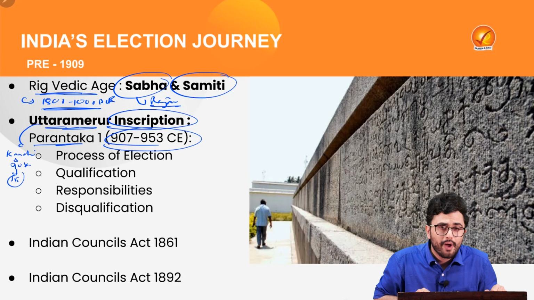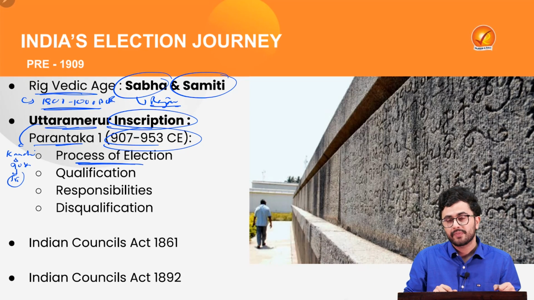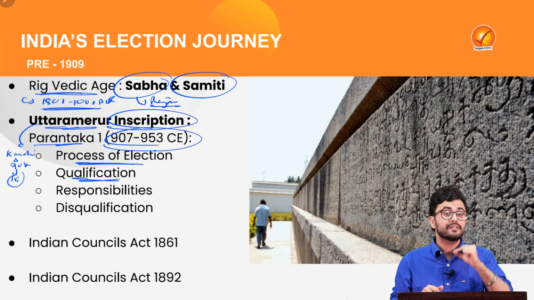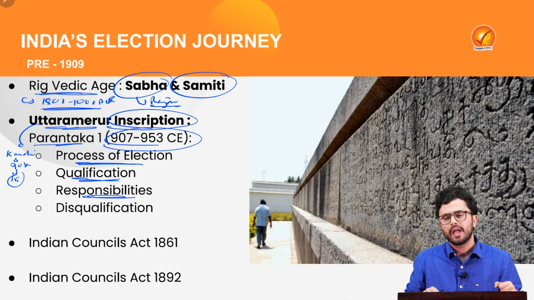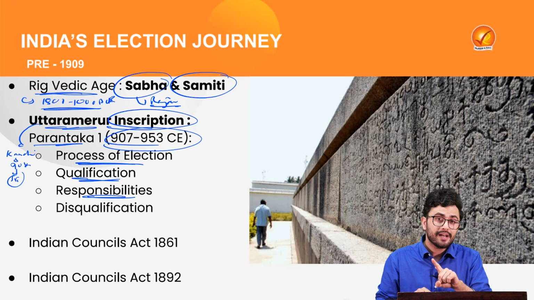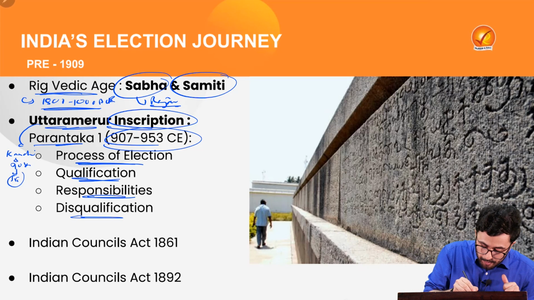The inscription provides us details of the process of elections, the qualifications of the candidates, as well as the responsibilities of the elected representatives. At the same time, it also provides for a provision which could be incorporated in today's time, and that is disqualification of the elected representative if the person takes part in any kind of theft or